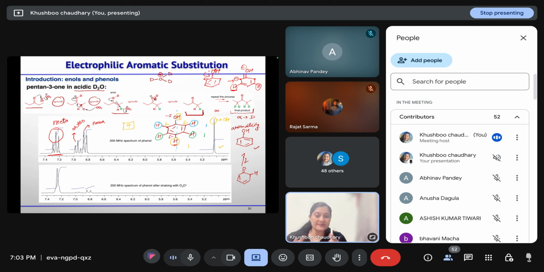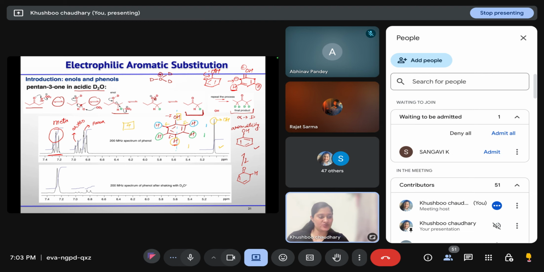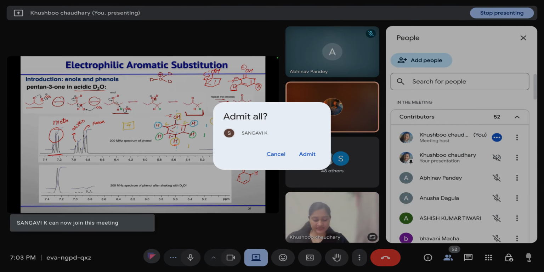Now if we want to compare ortho and para, we can compare on the basis of the minus I effect. That depends on distance. As ortho protons are near to the minus I group, they will be more deshielded as compared to the para protons. Since electrons don't go towards the meta position, that's the reason why they are deshielded, because electrons will not reach that site. Yes, ma'am. Okay, got it.